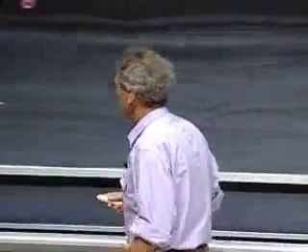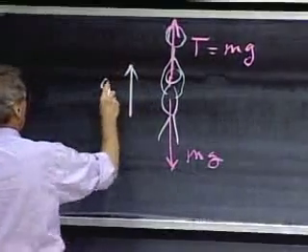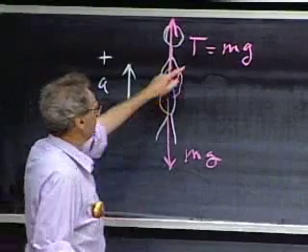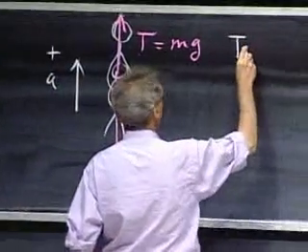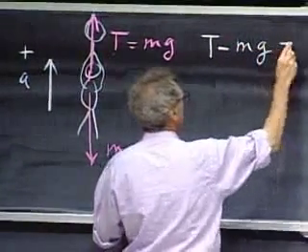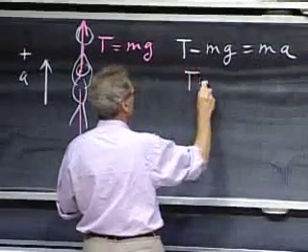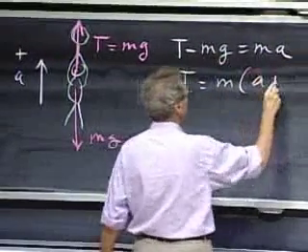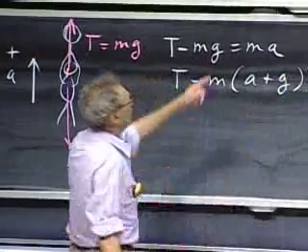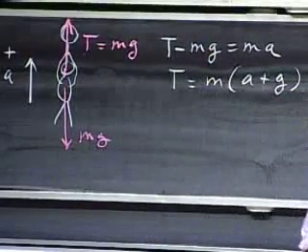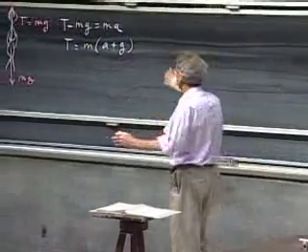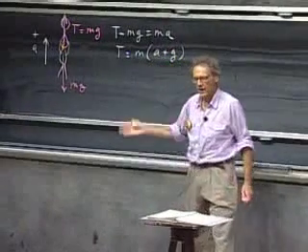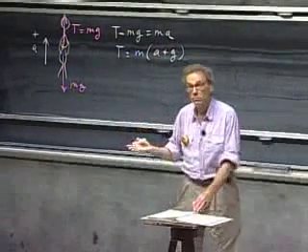Now let's accelerate this system upwards with an acceleration a, and I call this plus. Then, of course, this T must grow, otherwise you cannot be accelerated. Newton's second law: T minus mg must be ma. The tension in the string equals m times (a plus g). We've seen that before, no difference with the elevator. You accelerate the system, the tension will increase, and you will read that on the scale. Your weight has increased. You weigh more.